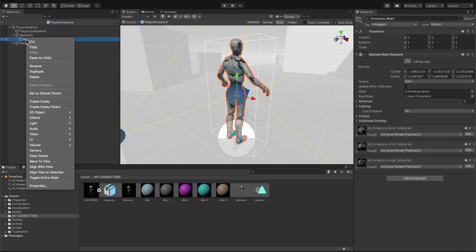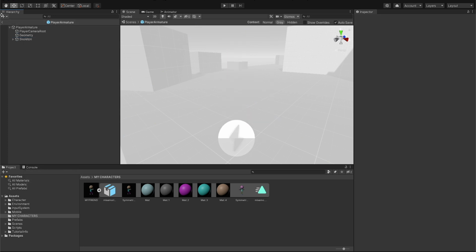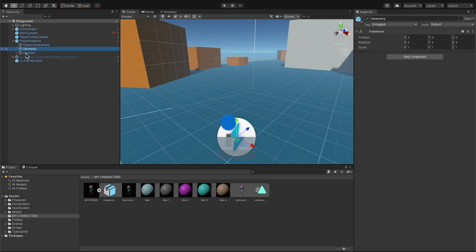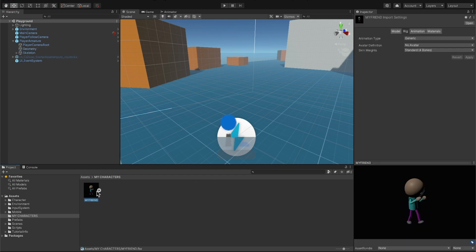I'm going to click the right button and I will click delete. Okay, cool. I'm going to go back there. All right, so there's nothing as a child of geometry. You're going to click on your character and you can see that